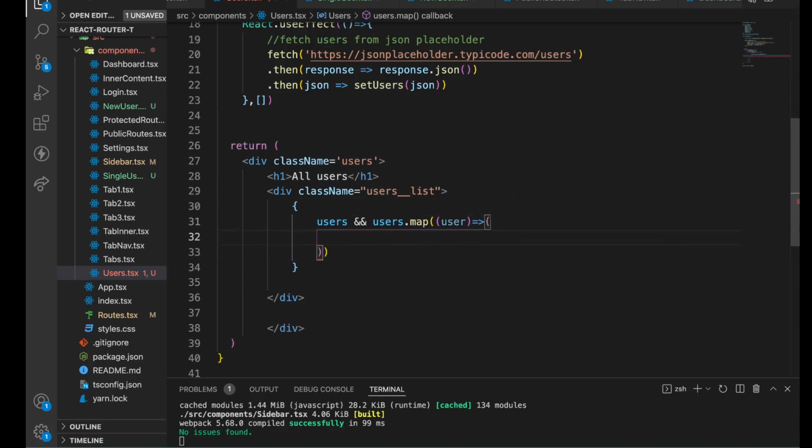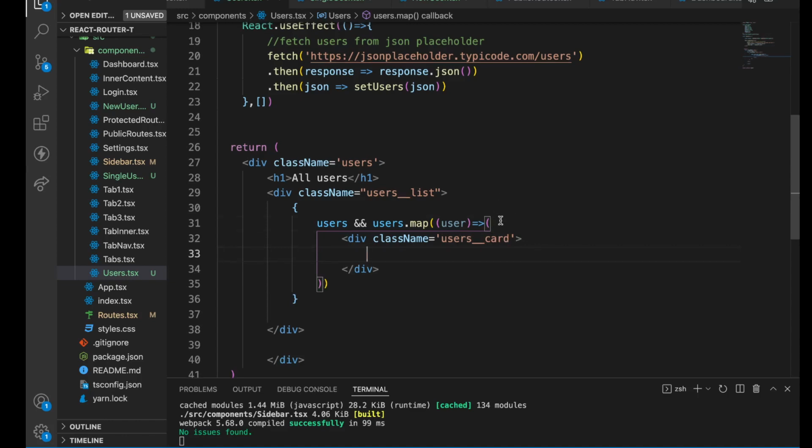So we want to render something, and that is we want to have a div. Additionally, we can have a separate component, but we don't need that. And here let's give users card. Okay, so inside this div, this is our single user card, and here we can have